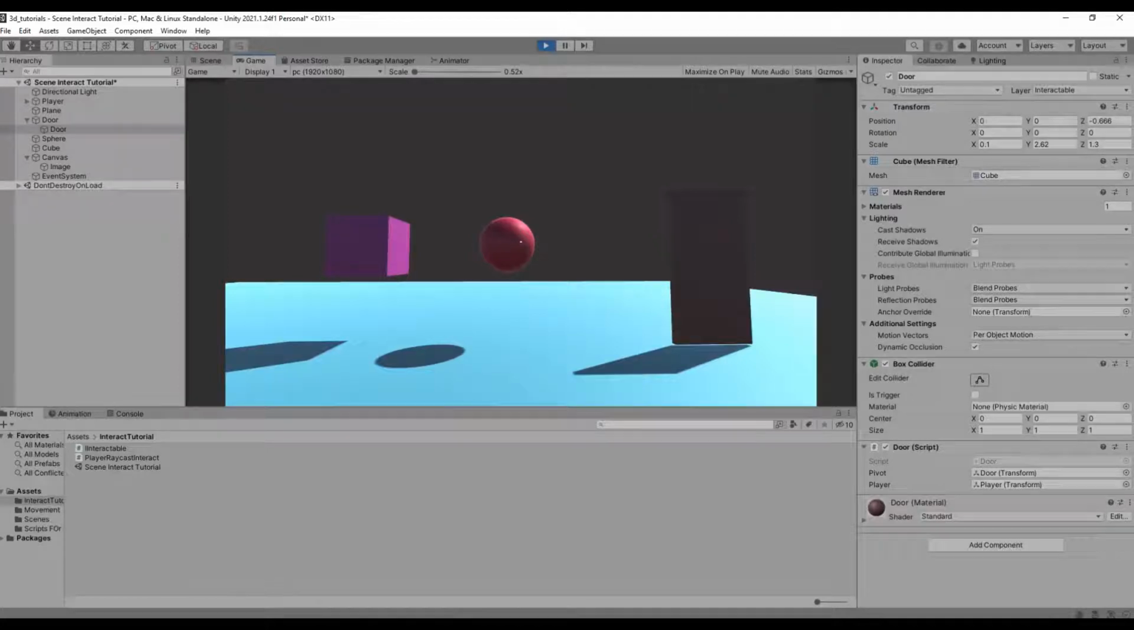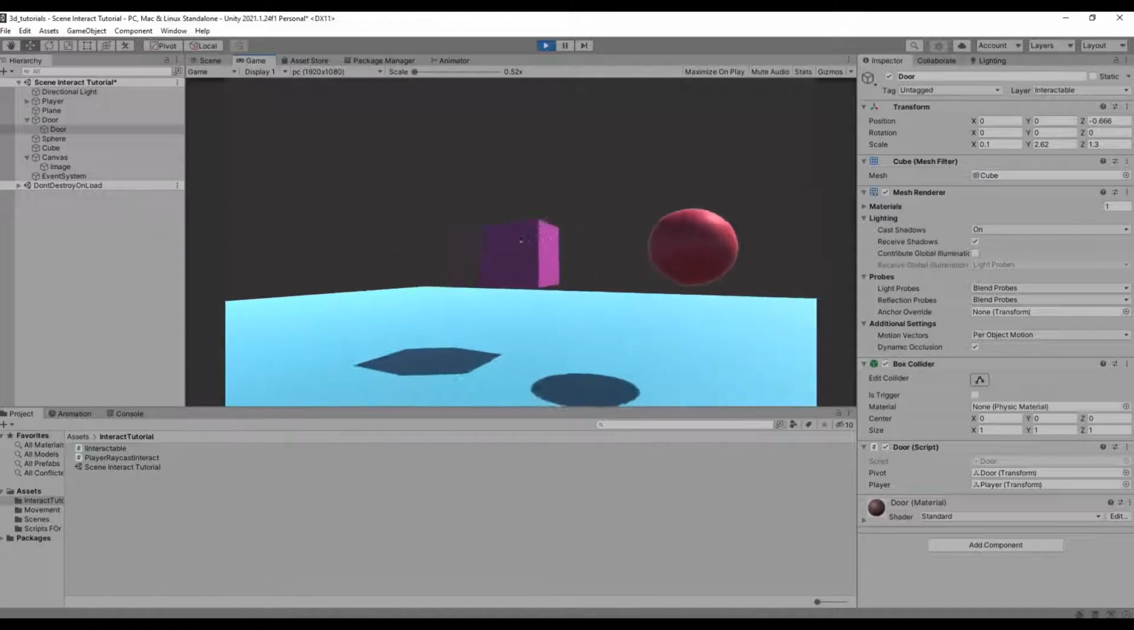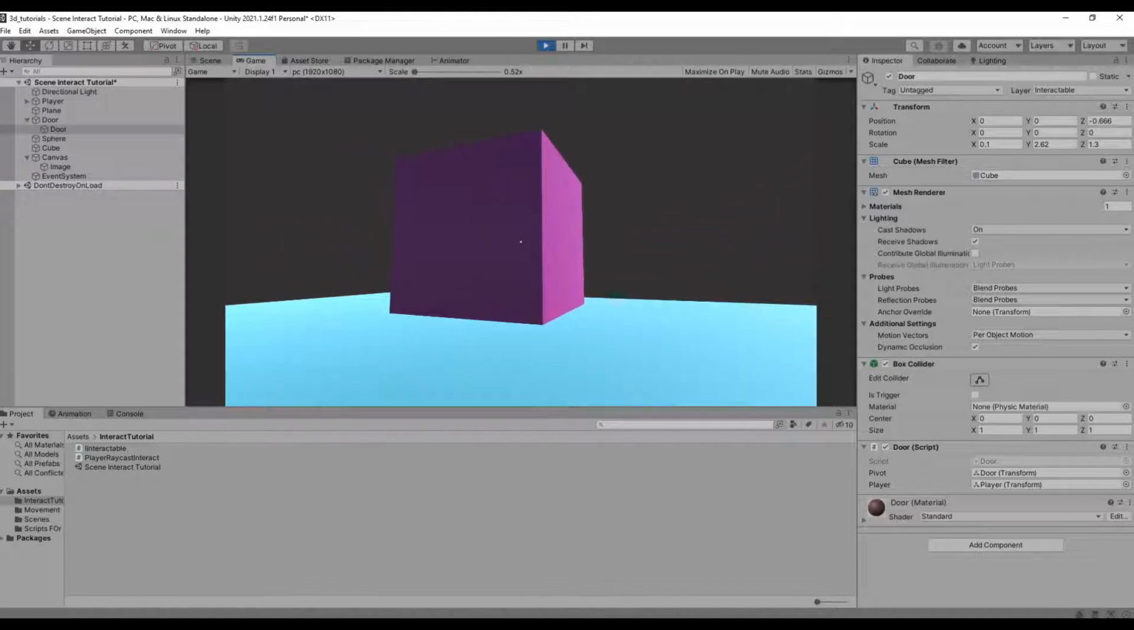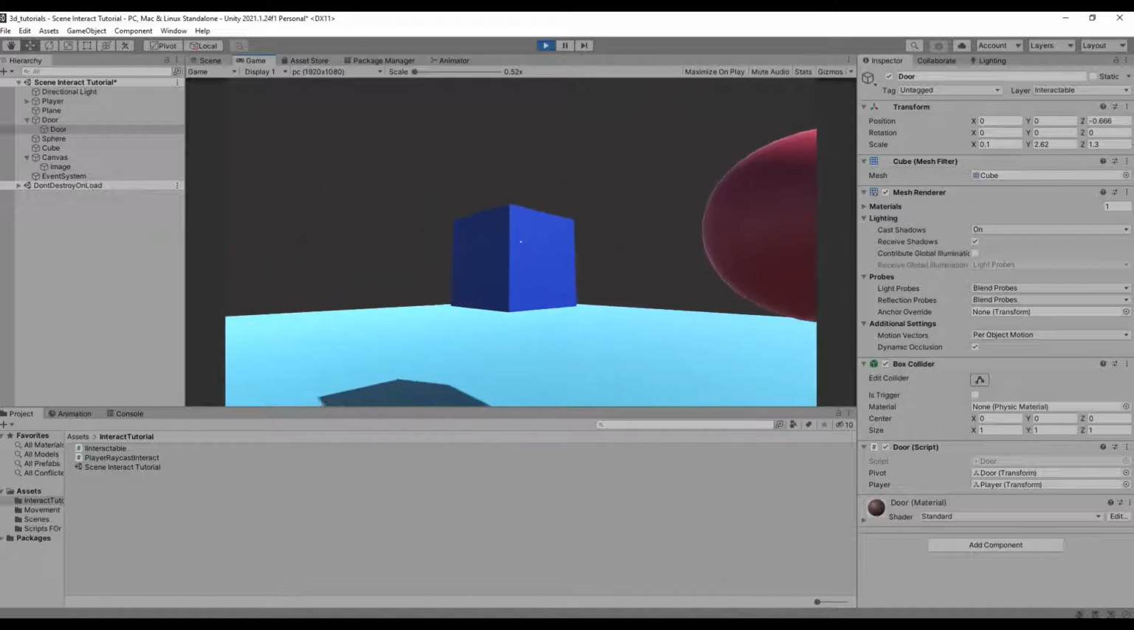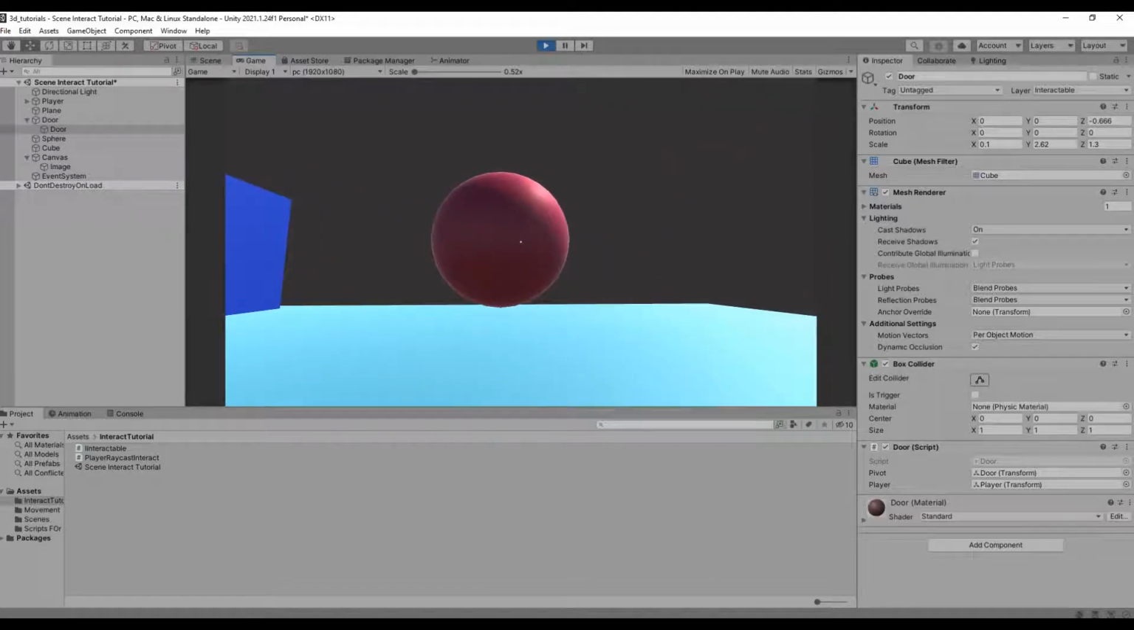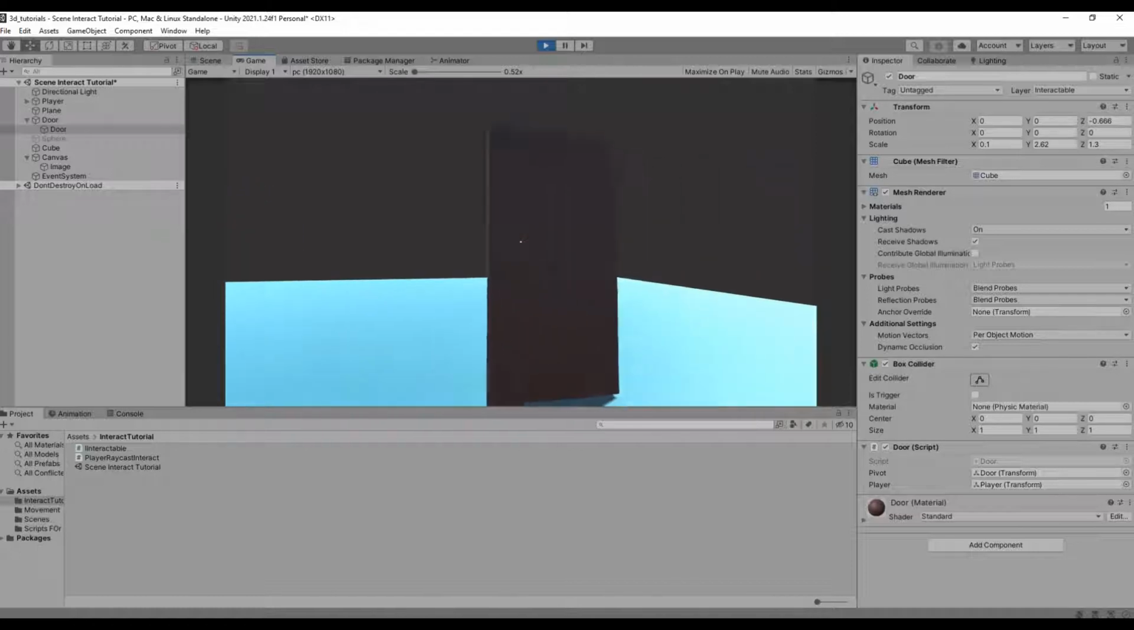This is what you'll see at the end of this video. I have different objects in my scene. I can go to them. If they're interactable, I press E and then I can interact with them. So this one will change the materials, this one will be deactivated, and this one is a door that will